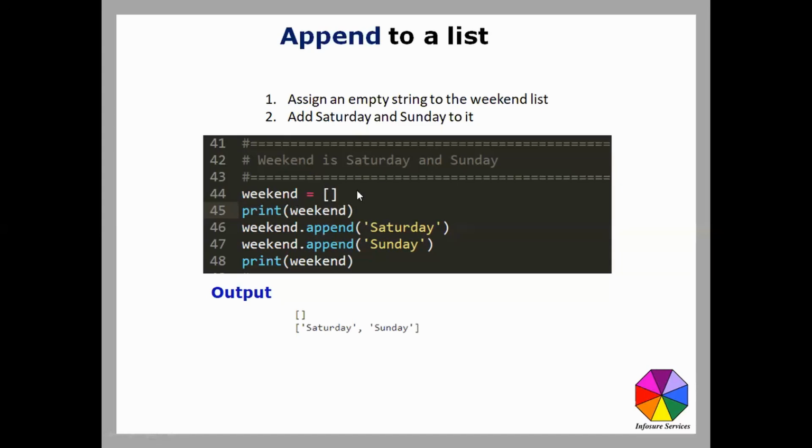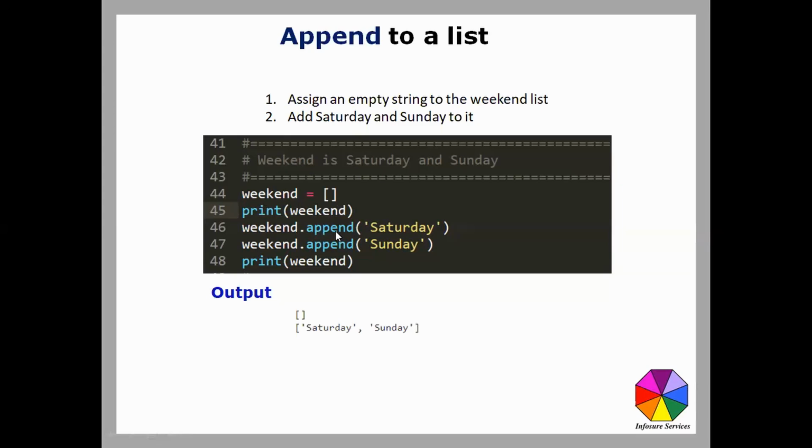So you might ask, how do I identify a list? Anytime, the list can be identified with these square brackets. So now weekend is equal to empty list is represented like this. Now I can print weekend, but here weekend dot append. So list dot append